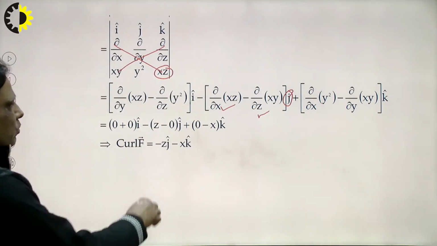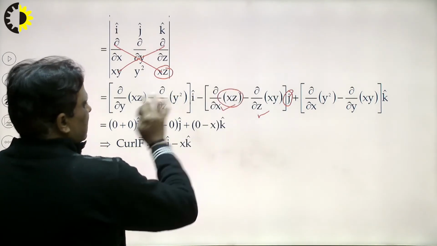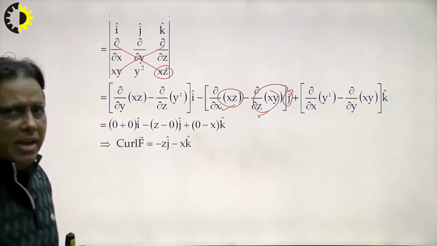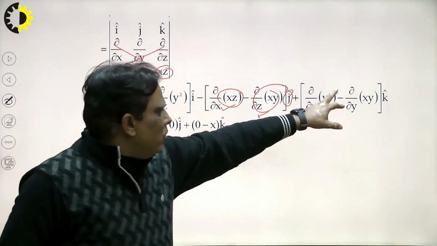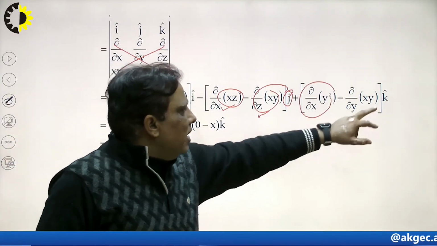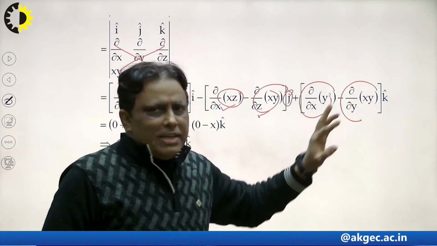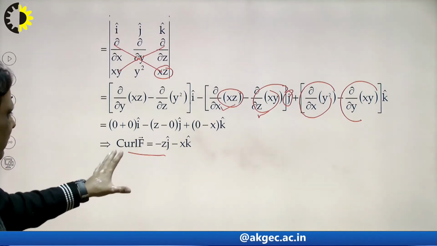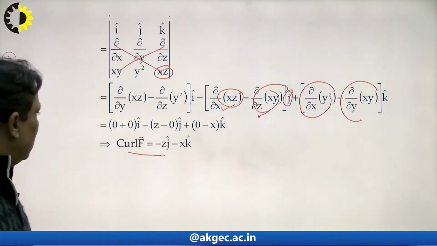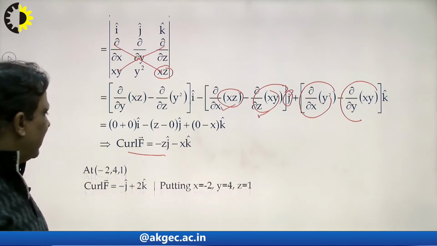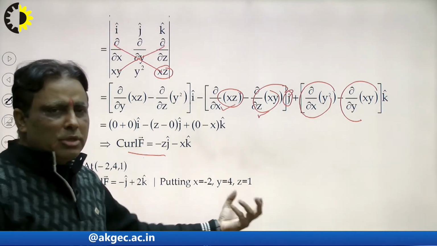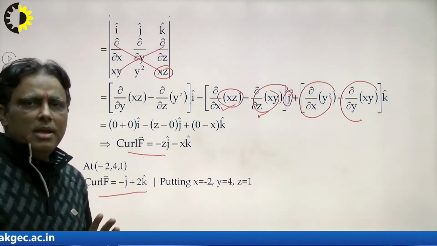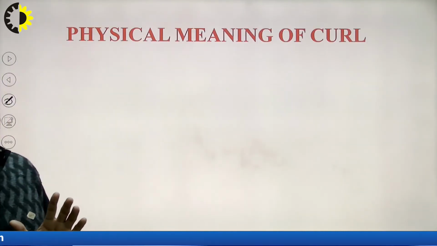So what is the conclusion of this? The conclusion of this is z and the conclusion of this is 0. In the same way I calculate: differentiate y square with respect to x, 0; differentiate xy with respect to y is minus x. So I write here. That means curl of f is equal to this, but a point is given here. What is the value at this point? So I put in the values of x, y, z here, and this will be the curl of f. In this way we can find out the curl of a vector quantity, right?